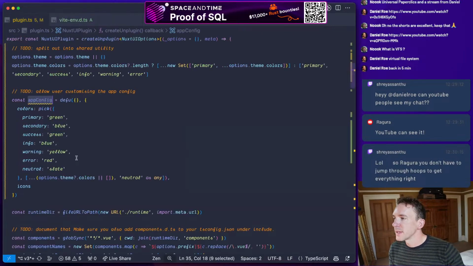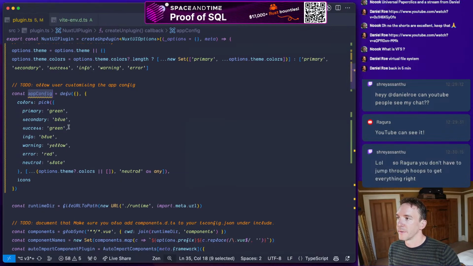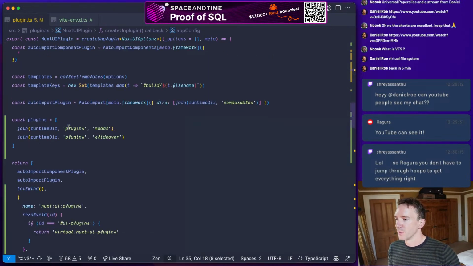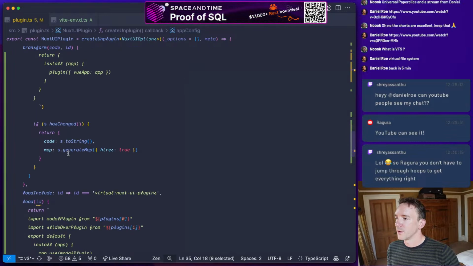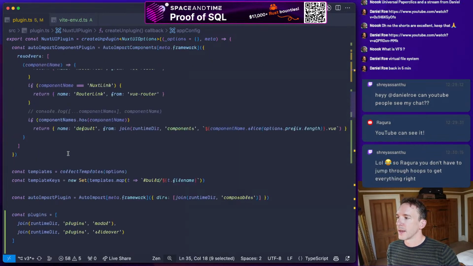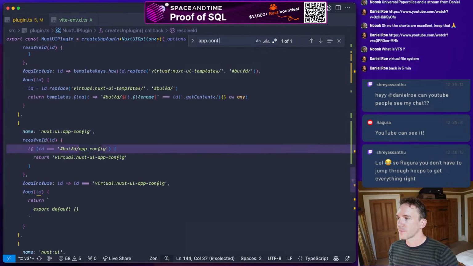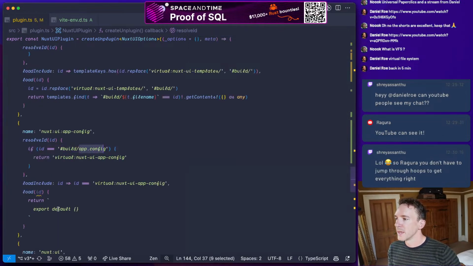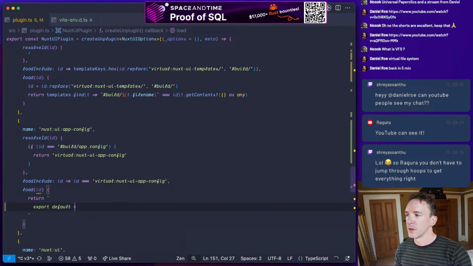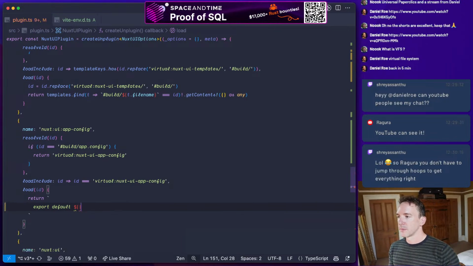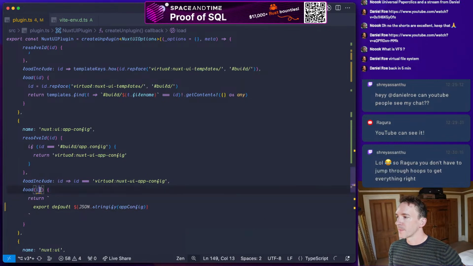So I think basically we just need now to pass the app config in so it can be resolved. So what we want to do is have our virtual module of app config. If we're importing from this, then we are going to return this. Okay, so that should work, right?